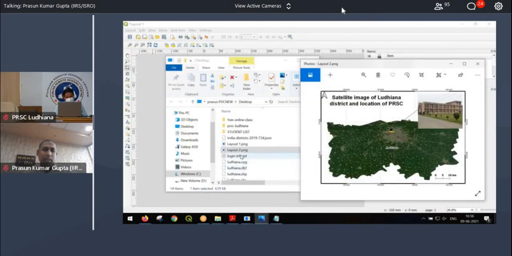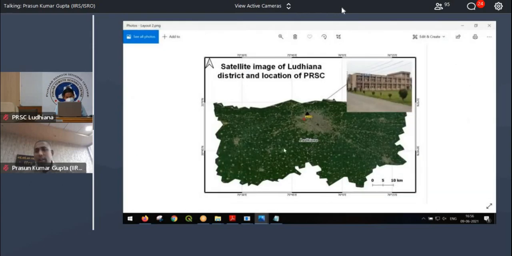So the PNG file is a satellite image for your area, for your district, with the district boundary, with the location of your college, a photograph of your college or university or institution, along with the grids. What else? If we can teach this to our students on a software which costs 0 money, I don't think we need to look into paid options.